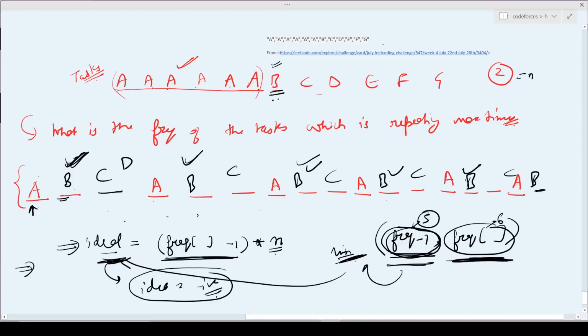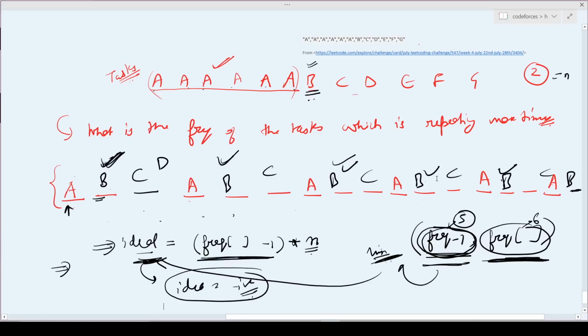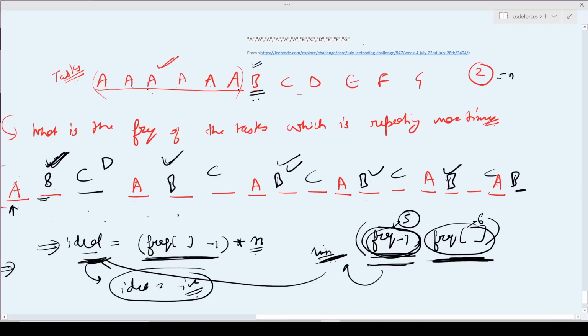So in my final answer, I will return the vector size, which means tasks dot size, plus the number of ideals. But as I said, ideal can be negative also, so I will return the maximum of 0 and ideal.